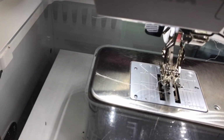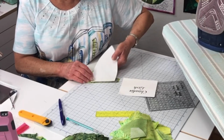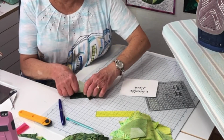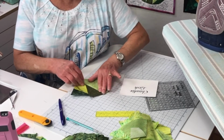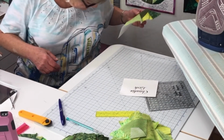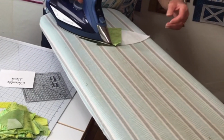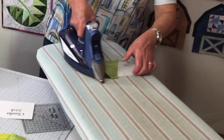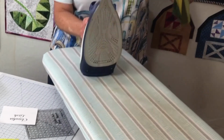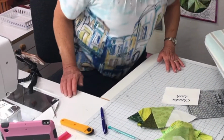Well, the good thing about this, and fold back, press. The good thing about doing it this way, and one of the things that I remember that Judy Matheson said was,